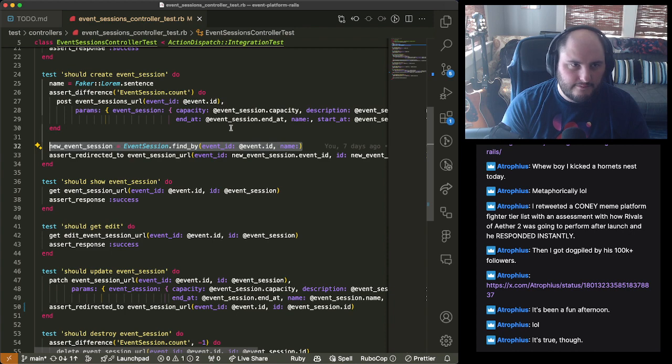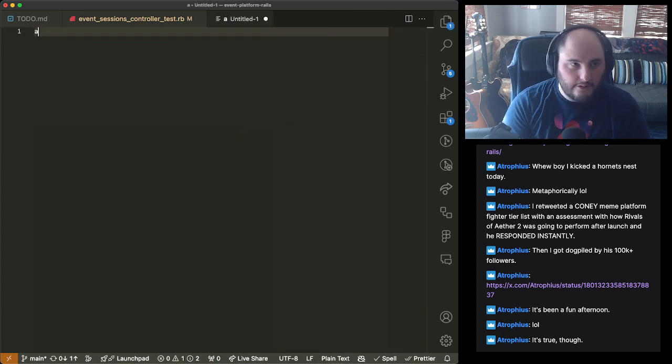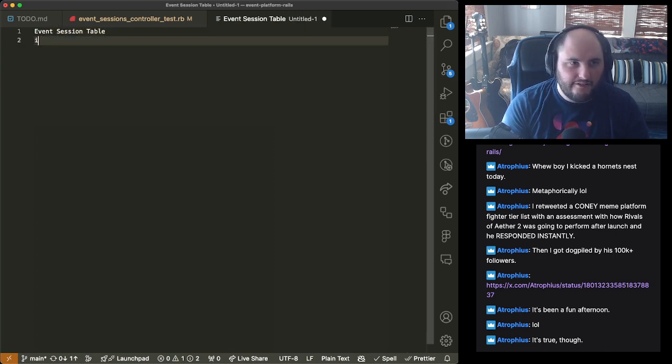that is here. Let's draw this out. So this is my event session table, right? I have ID, name, and a bunch of other fields here. Also event ID.